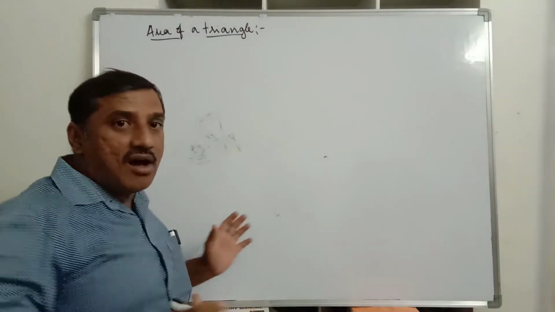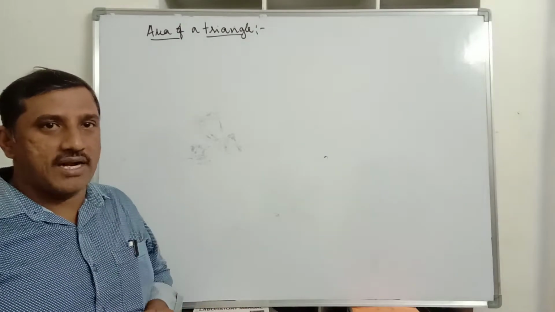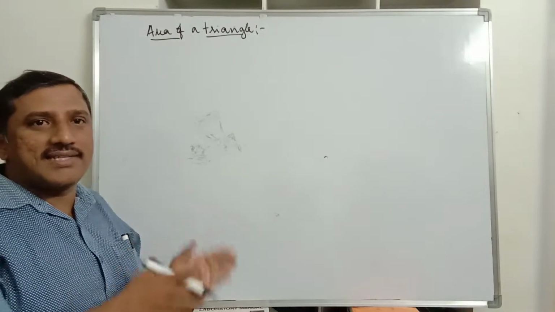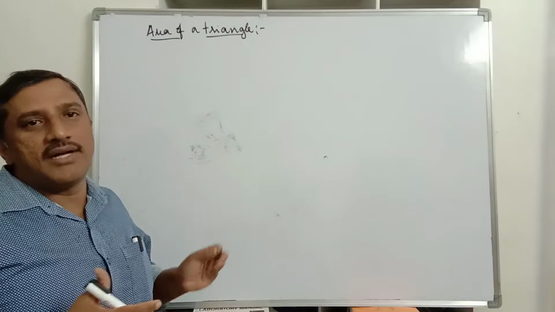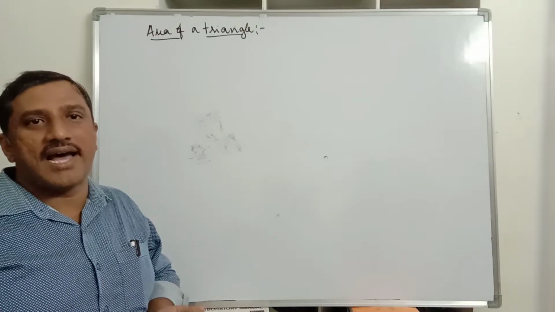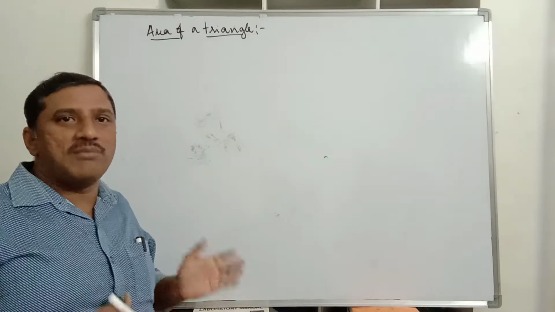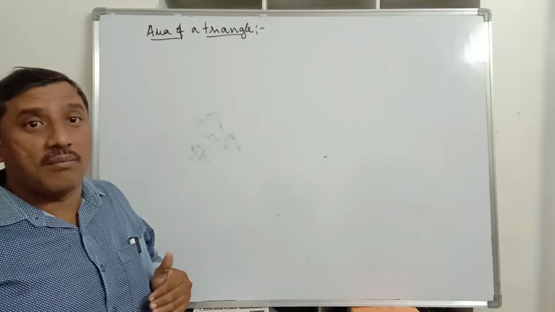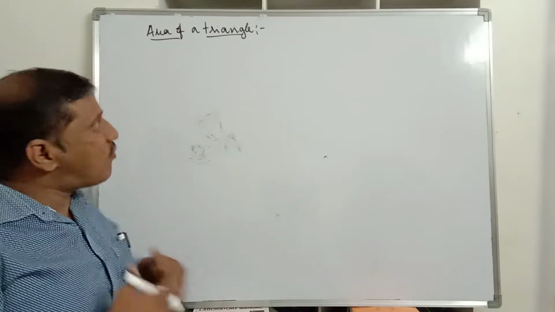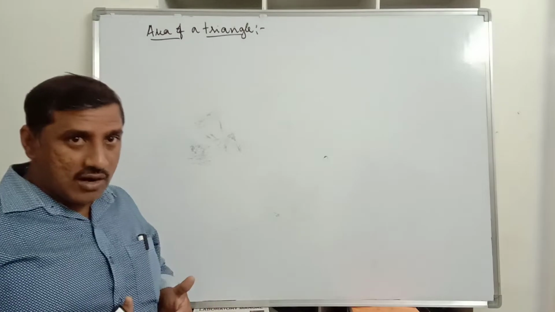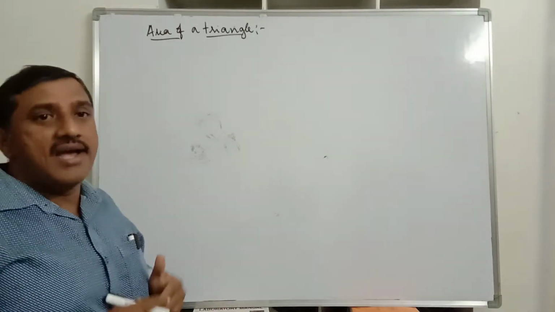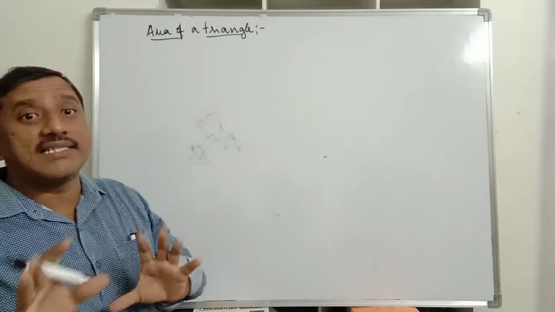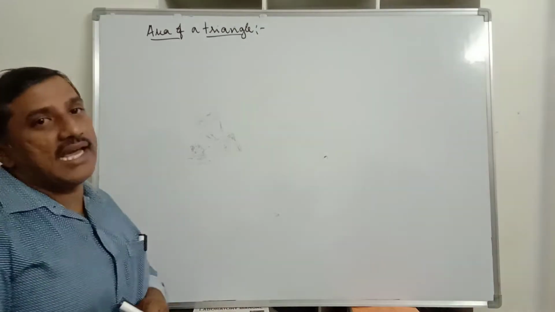Now we will discuss the last concept of the chapter, coordinate geometry, that is area of a triangle. Since from the lower classes, that is class 6 or class 5, we studied a formula to find the area of a triangle when we know the base and height. And in class 9 we studied one more formula, Heron's formula, to find the area of a triangle when we know the three sides. Now we are going to discuss one more formula to find the area of a triangle when we know the three vertices of the triangle. Then how do we find the area of a triangle?